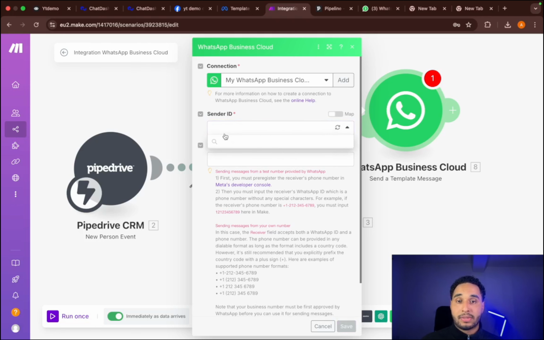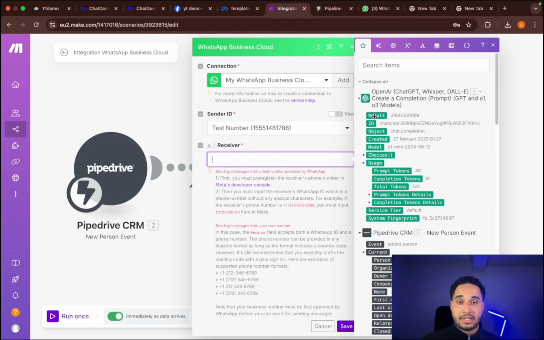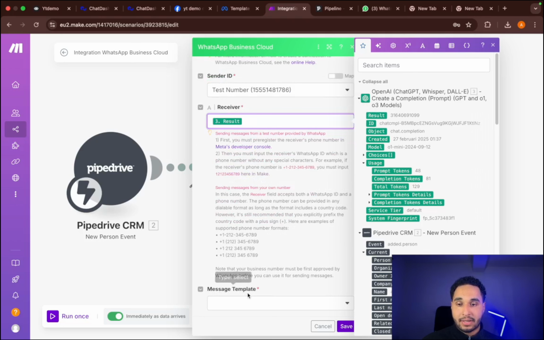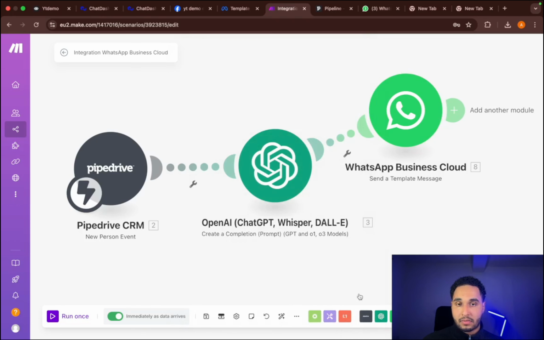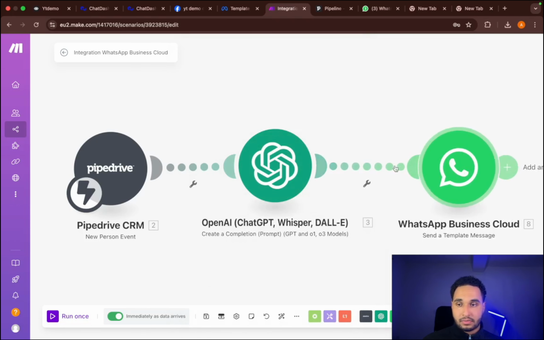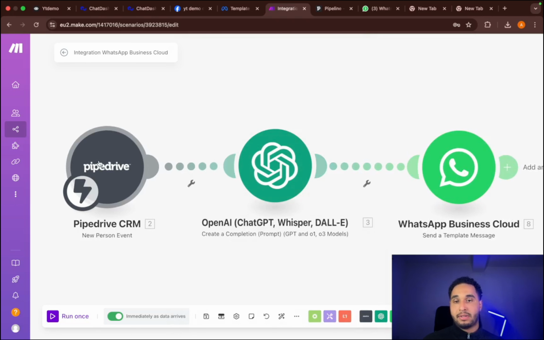Sender ID will be your test number. And in my case, the result of OpenAI will be the receiver number. And then we'll have to select a message template as well. There you go. Okay. So what's going to happen? The reason why I have here an OpenAI module,